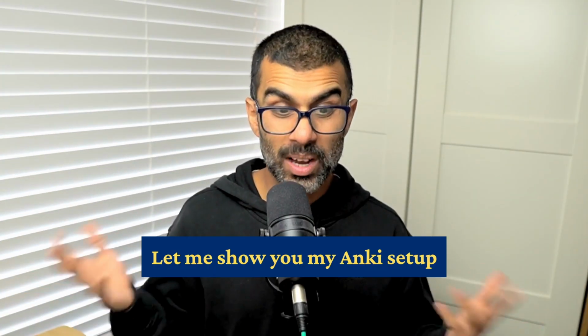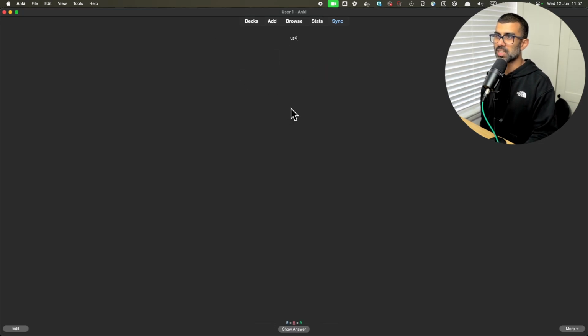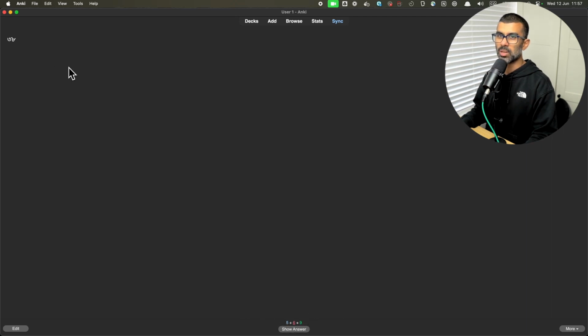And what I'd like to show you now is my Anki setup. Okay, so this is my Anki setup, as you can see. I've got a bunch of different decks. For example, I've got a big parent deck, which has my deck for 30s and 20 numbers and things like that. And just to quickly show you, if I click on this deck and click study now, I can study different cards. You press enter to see if you know it or not. Then at the bottom I could say if it was hard, easy or good. I could say, yeah, that was good. Then we'll get onto the next one.